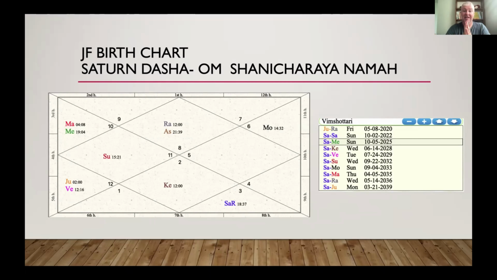I'm still in my Saturn Mercury period for a while, and we know that Saturn and Mercury have a close relationship for the entire dasha of Saturn. I might be prone to some mobility issues, but I know about it and I can take care of it. So this is just a snapshot of how Vedic astrology can help determine any kind of issue. Mobility issue in my case, but it could be any issue with blood sugar, respiratory or allergy problems. And Jyotisha, Vedic astrology, is a fantastic tool to take care of yourself.